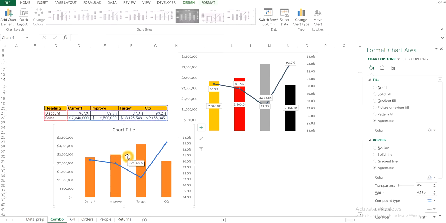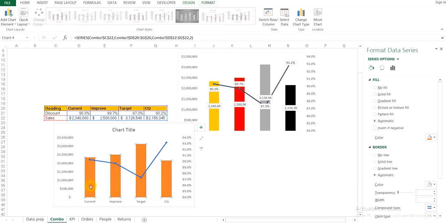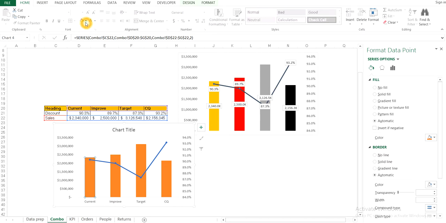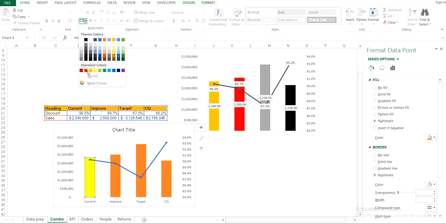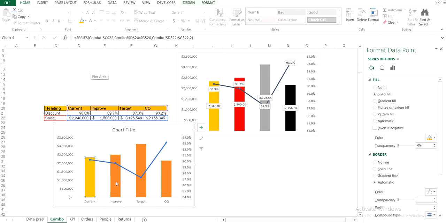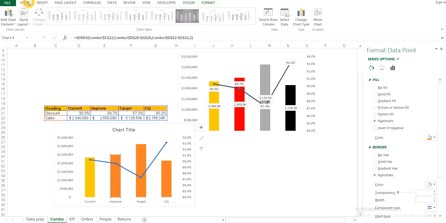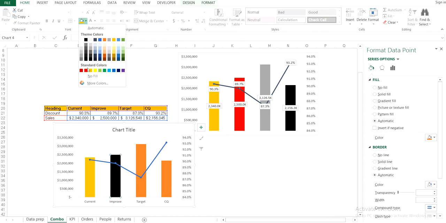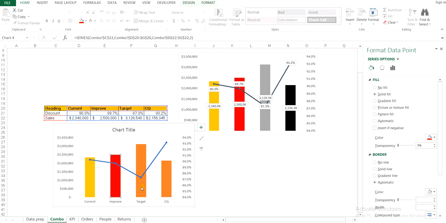Now we need to color this bar. How can we do this? Suppose for the current sales I'm giving some different colors. Double click on this, and once you get it highlighted with just four dots, go to Home and fill it with whatever color you are using. This one you want red, so click red.